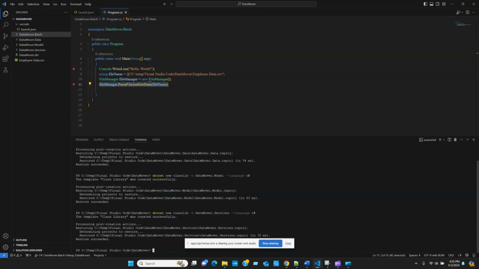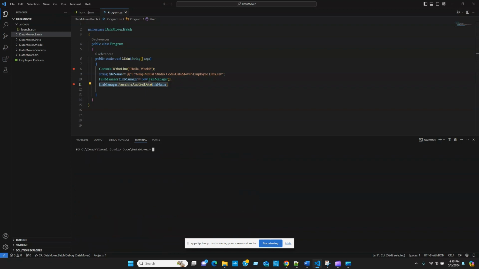I'm going to add the model project as a project reference in the data project, because in the data project I'm going to interact with the database, and then I would need a model. That's pretty important. I'm going to show you, once we add a project reference, what really happens behind the scene. So I'm going to use the same driver keyword, .NET